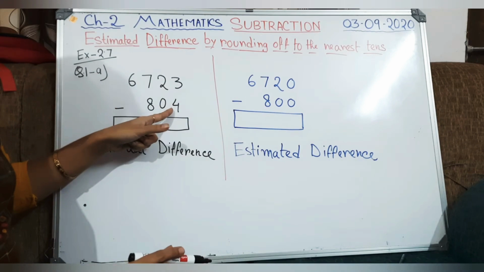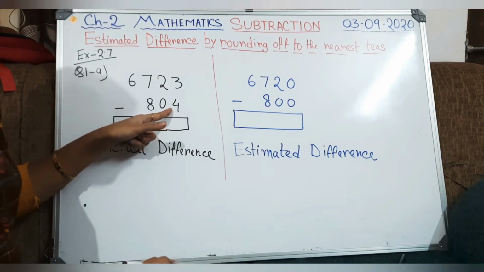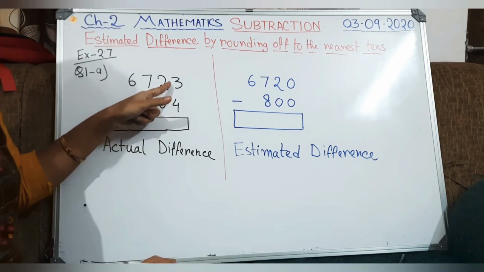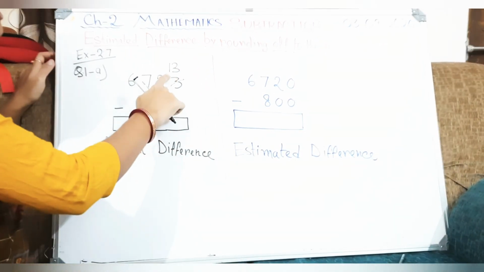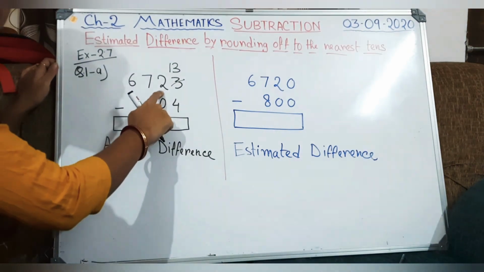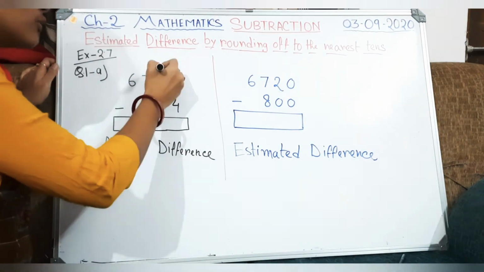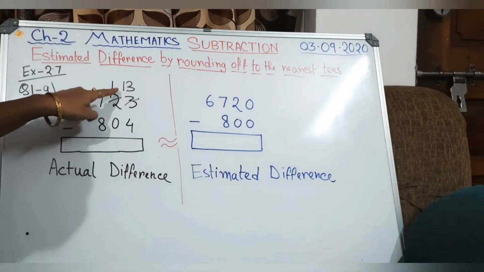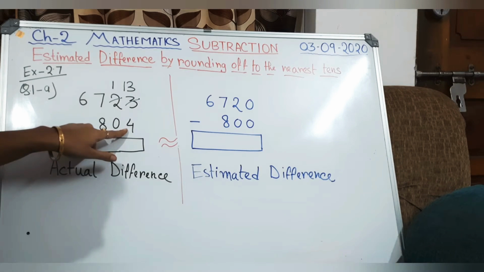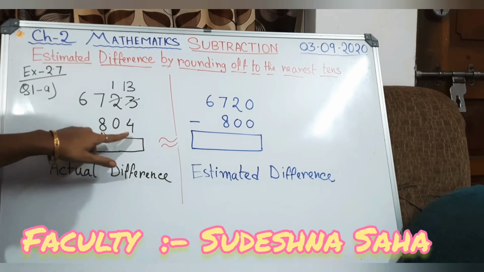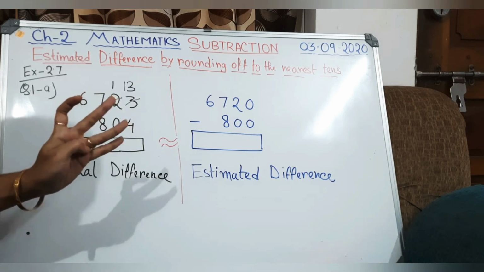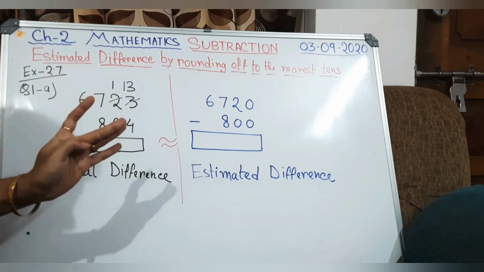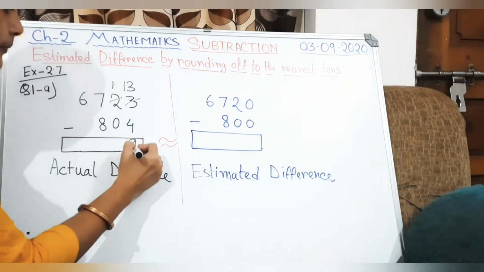Fine. Now I will do simple subtraction only. From 3 I need to subtract this 4. 4 is a greater number than 3. So that's why this 3 I need to make it as 13. And from where am I borrowing this one? From the beside 2. So now cut the 2 and write down over here 1. Now come back to your ones place. From 13 you need to subtract the 4. So what will come here? After 4 you count 5, 6, 7, 8, 9, 10, 11, 12 and 13. Right? So 9 will come over here.